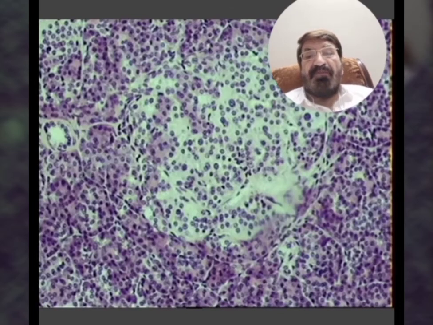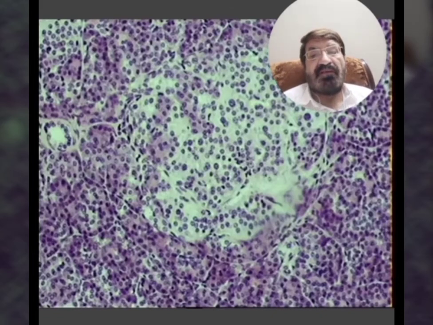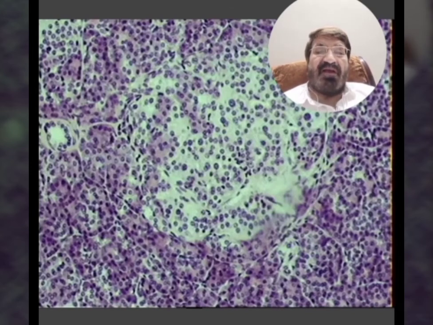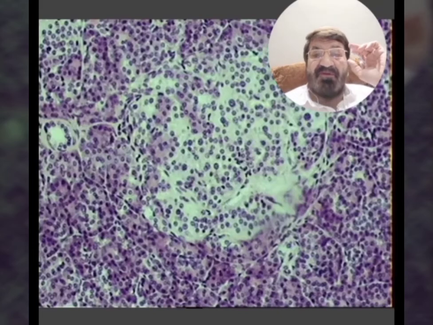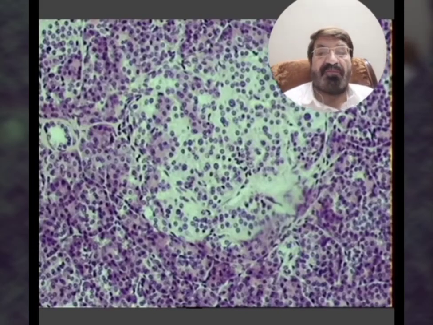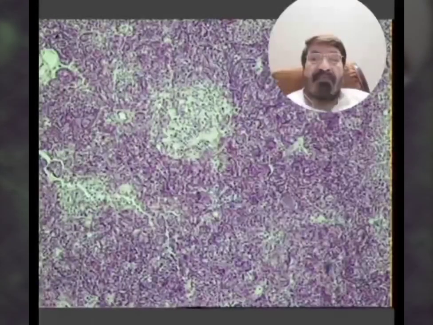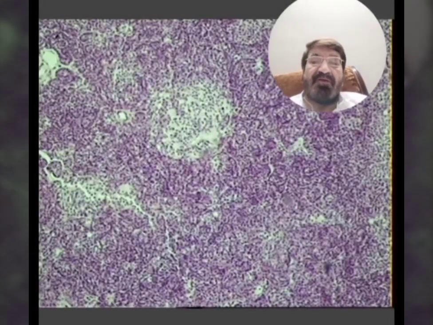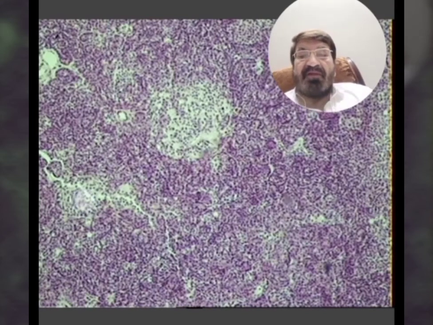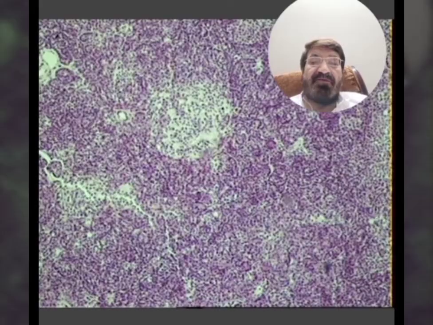But here you can see, in between the serous type of alveoli, there is a lightly stained area, a circular area which is surrounded by the reticular tissues, and here lie the alpha and beta cells. This is the islet of Langerhans, and the insulin and glucagon is being secreted from the cells which are present in the islets of Langerhans. This is the pancreas. Again, you can see this is the islet of Langerhans. Here lies the islet of Langerhans. There lies the islet of Langerhans.